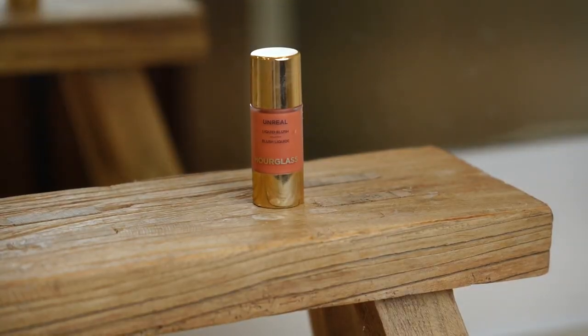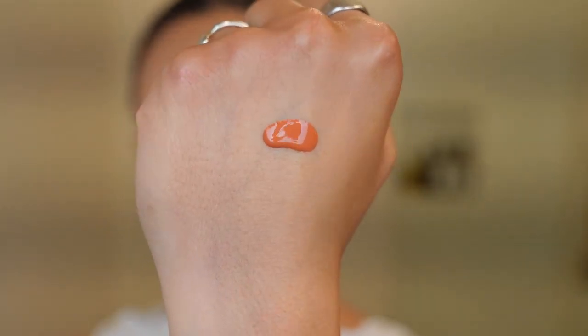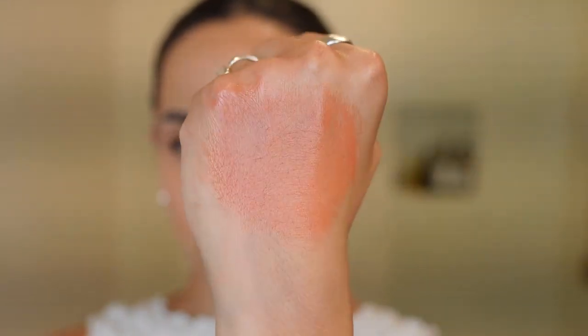Okay, so guys, this is Moment and look how beautiful this is. It's like a coral, absolutely gorgeous. If you guys have warm undertones, you are gonna eat this shade up. This is Creamsicle. Let's see how vibrant this is gonna be on the face. Oh, I love that I found out how to use this product because I was like, this was a miss,